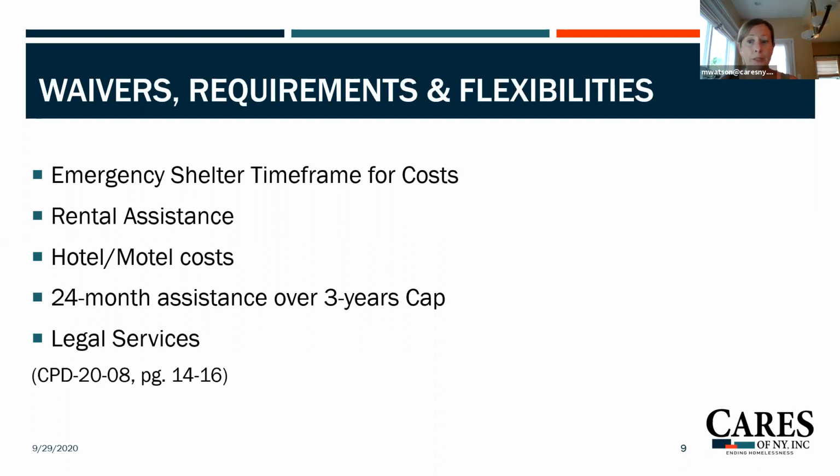In terms of rental assistance, under these regulations, short and medium-term rental assistance is allowed and is defined as between 3 and 12 months worth of assistance. This differs from the annual ESG regulations, which allow rental assistance for up to 24 months. In addition, the fair market rent requirement for units is waived. Units may be approved if they meet rent reasonableness. If you have any questions about how to determine rent reasonableness, please just reach out to us. We're here and happy to help anytime.